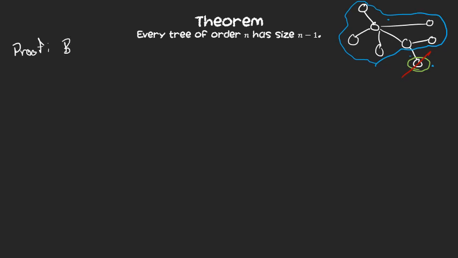And so I'll write that: by induction on the order of the graph. That is, if we have a tree of order n, then it has size n minus 1. So we need a base for this induction. And remember, we can only use this leaf result if we have a non-trivial tree. So we just need to get rid of the case of the trivial tree. So on the order of the graph, let's call n the order of the graph. T has order n. Okay, so if n is 1,